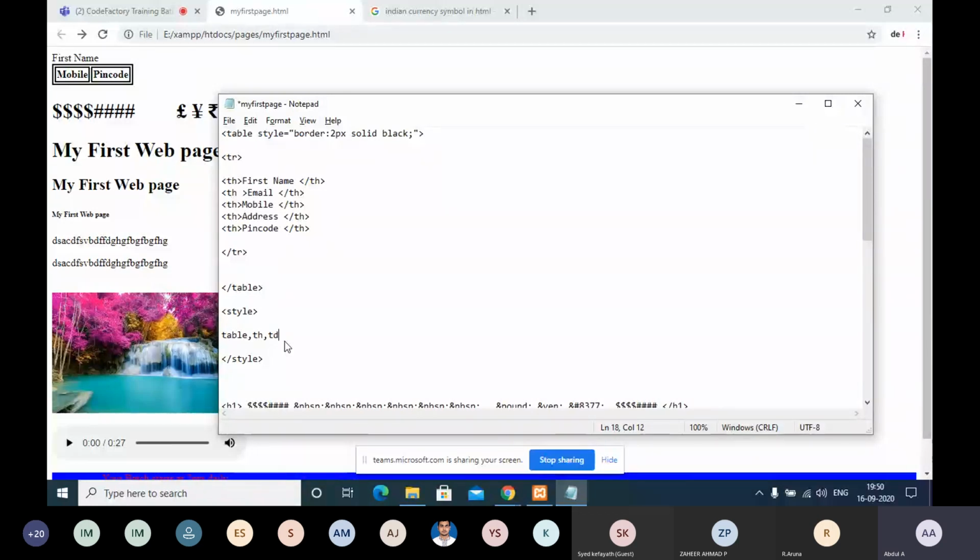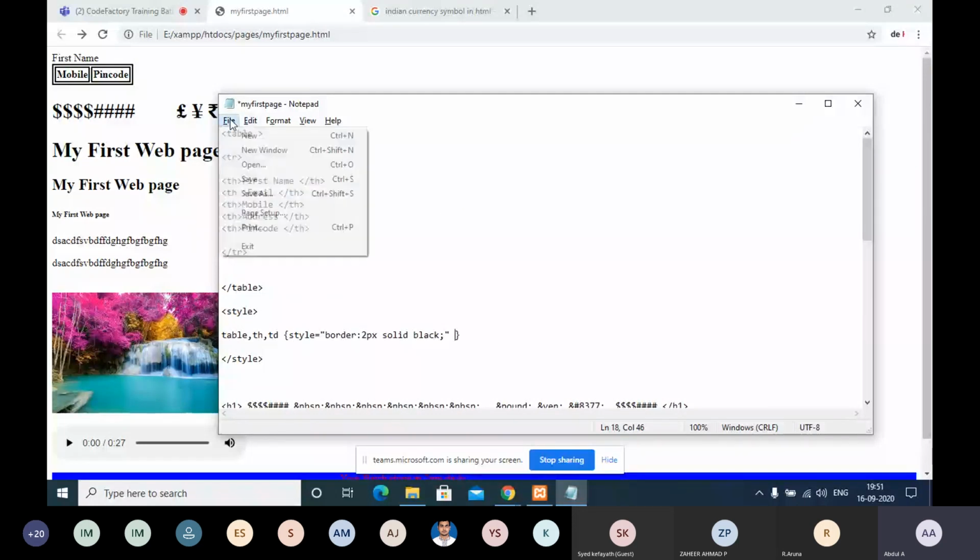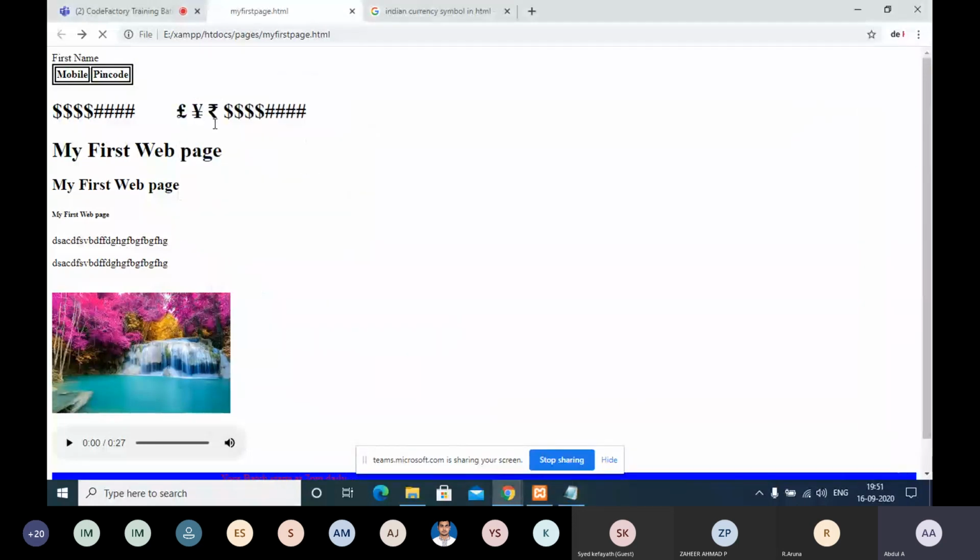So these are the 3 items we need to style. Whatever style we have given, we can simply cut and paste here, and it will be automatically applied to all the data cells. Even if you have thousands of data cells, it will be applied to those also.